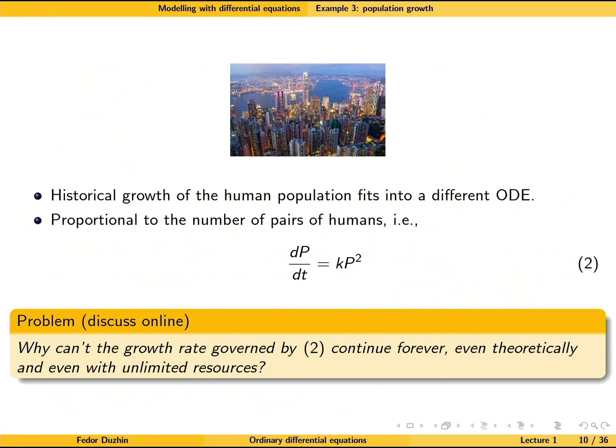And so this growth rate cannot continue forever, even theoretically and even with unlimited resources. So the question is why? Why can't human